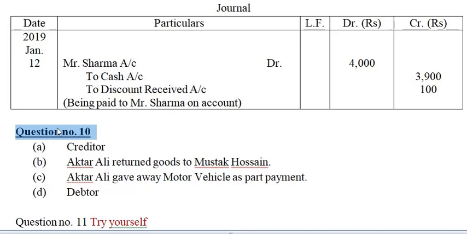8035 plus 100 plus 260 plus 8900. So the total of the debit side will be 17,295 minus 8135 minus 4642 minus 1930 minus 150. So 2438 will be the balance. So you just have to know now where this balance will appear. So just calculate it. And since this balance is lying towards the credit side, it means that Mustaq Hossain is the creditor.